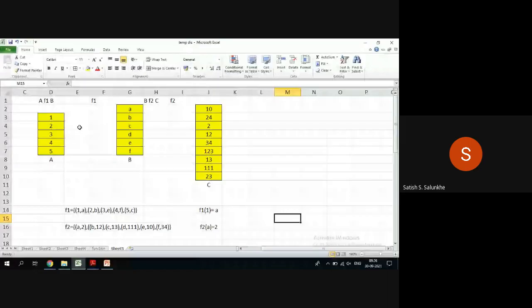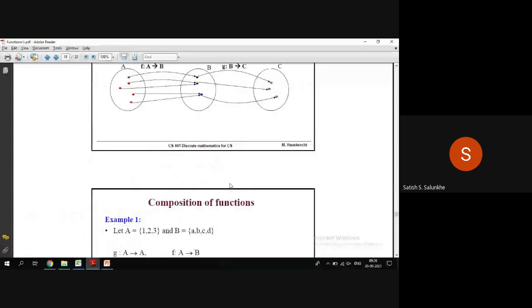Okay. So what we want to know, what is that composition function, so that we are able to map elements from set A to set C directly. So to get that function,